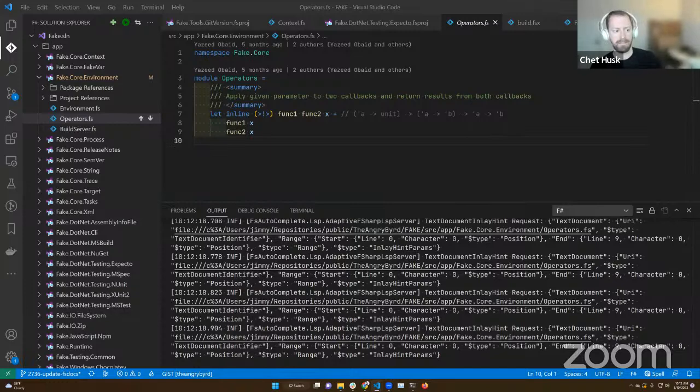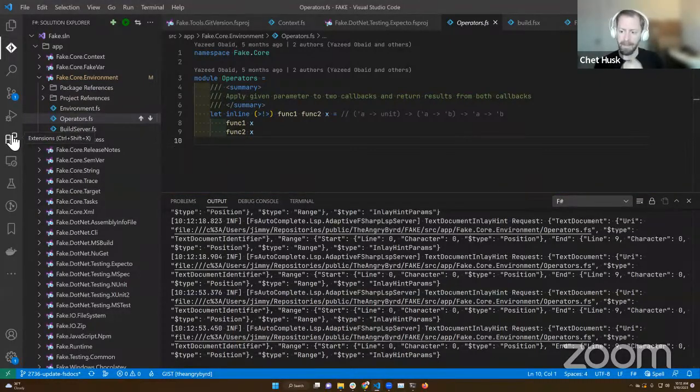This is code that lives in the Ionide extension and is interpreting data that comes from FSAC. We'll talk more about that flow in detail, but right now, as far as I'm aware, Ionide is the only